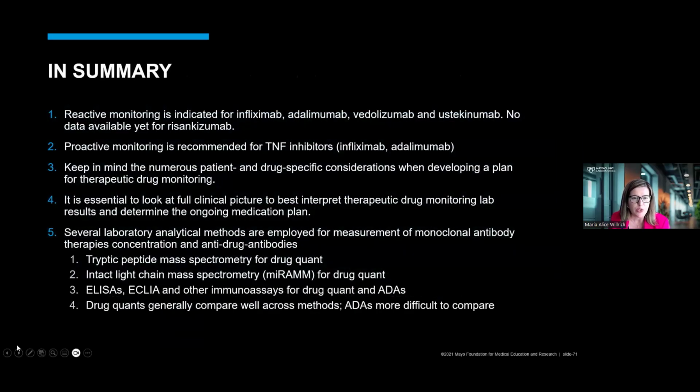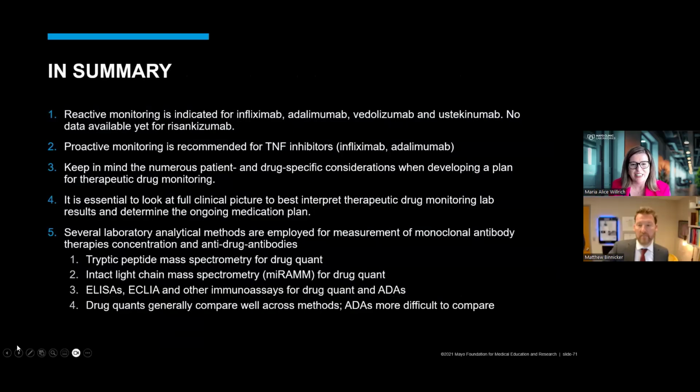In summary, reactive monitoring is indicated for infliximab, adalimumab, vedo, and ustekinumab. No data available yet for risankizumab. Proactive monitoring is recommended for TNF inhibitors. Keep in mind the numerous patient and drug-specific considerations when developing a plan for therapeutic drug monitoring. And it is essential to look at the full clinical picture to best interpret TDM lab results and determine the